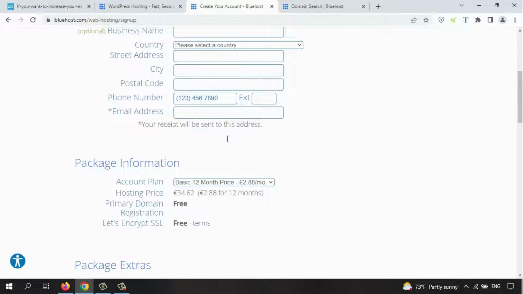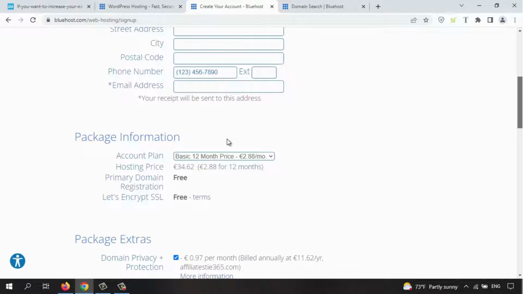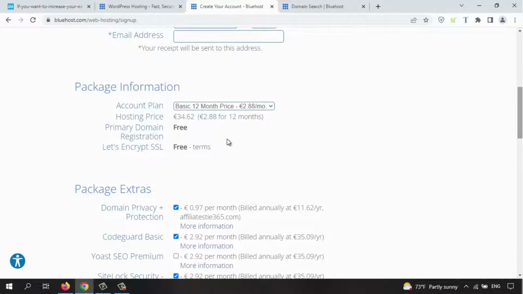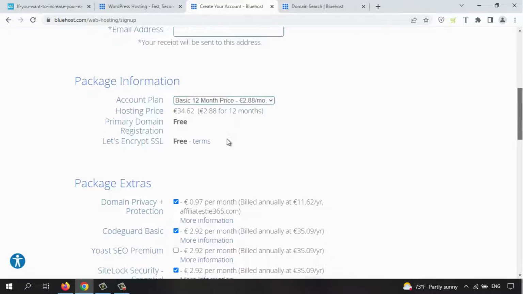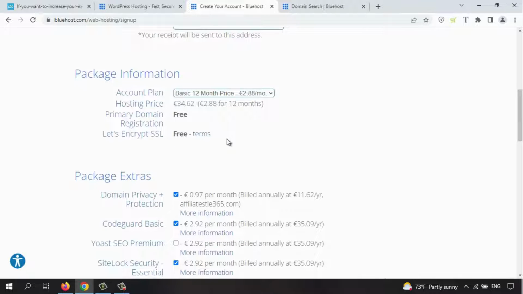So, the email address. Try to choose it very thoroughly, because your receipt will be sent to this address after you register with this web hosting company. And for the account plan, you can just choose this plan here, maybe this plan. Hosting price, you